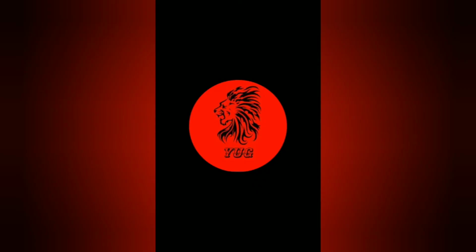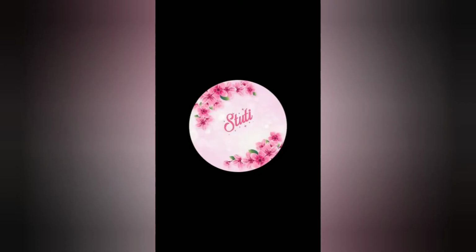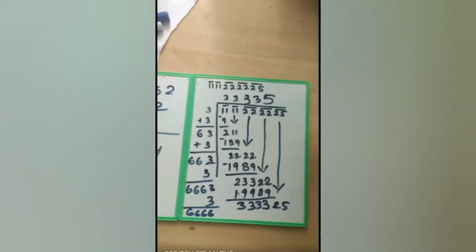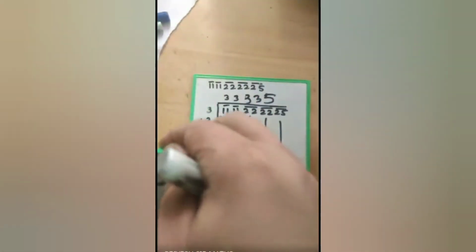Kindly note it. It is coming by 5. So it is 33,335 squared, whichever number Stuti gave. Is it clear with everyone? Yes, sir. Okay, good. Now let us see the numbers which were given to us previously.